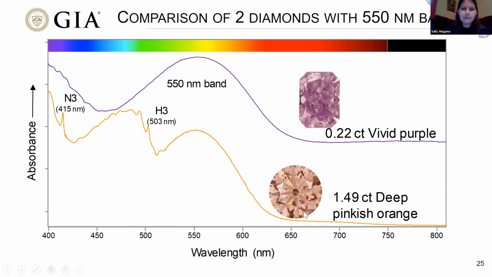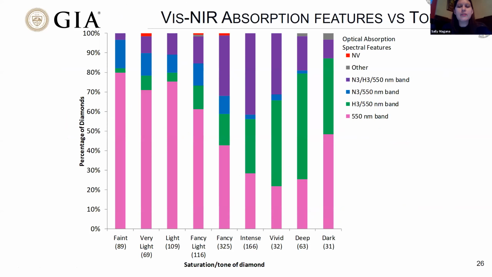This slide is a compilation of data. Along the x-axis, I'm showing different color saturations from faint up to fancy deep or fancy dark. And along the y-axis, I'm showing what percentage of diamonds within each of those color saturations are colored by specific features. The ones that have just the pink color are those that are colored only by the 550 nanometer band. And we see that mostly in stones that have faint to fancy